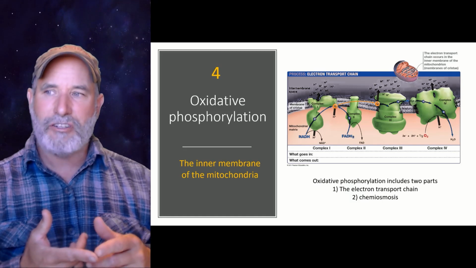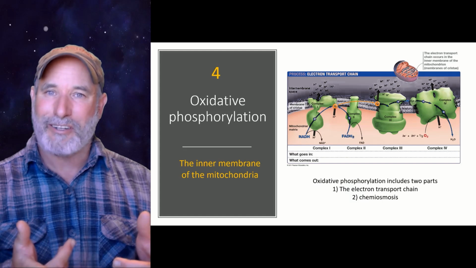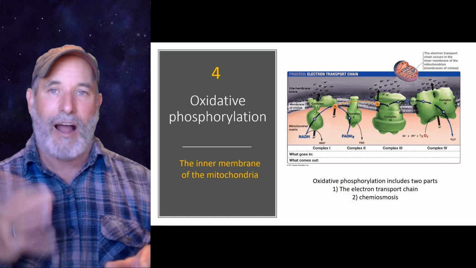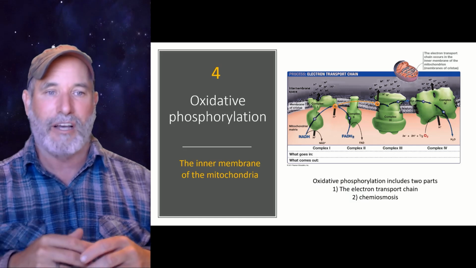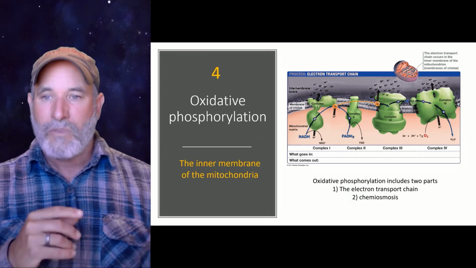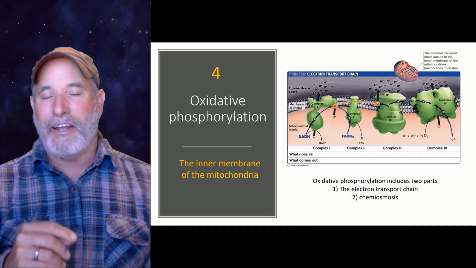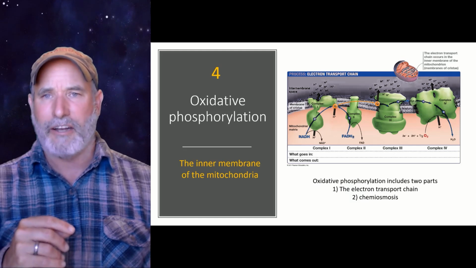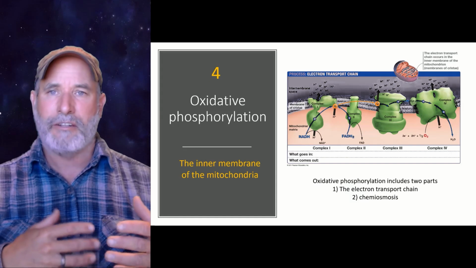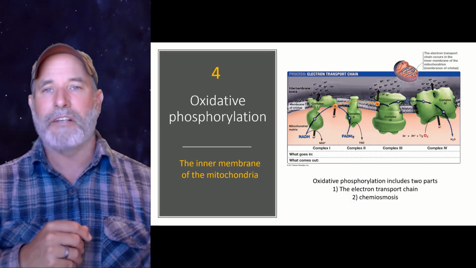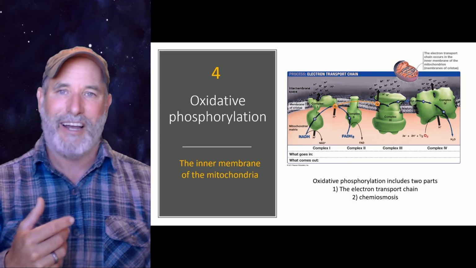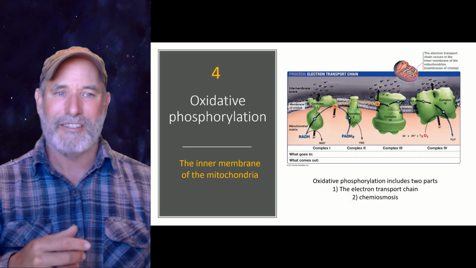The oxidation, of course, is our electron carriers, right? We've already oxidized carbon in our organic molecules. They're done. They're out. They're diffusing out of the cell. But here we go. We're going to oxidize our NADH and FADH2 to power an electron transport chain. And then the electron transport chain, in turn, is going to power chemiosmosis. And like I said, chemiosmosis to me is fantastic. Even the electron transport chain is.